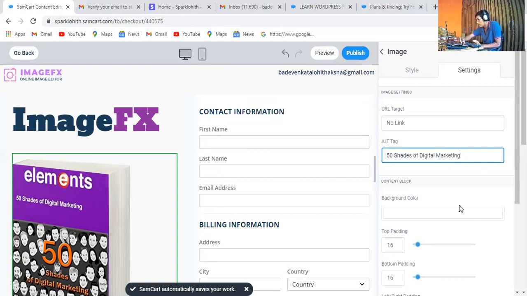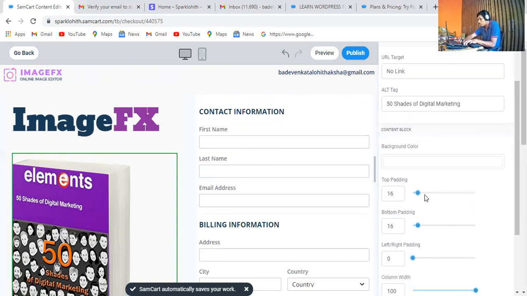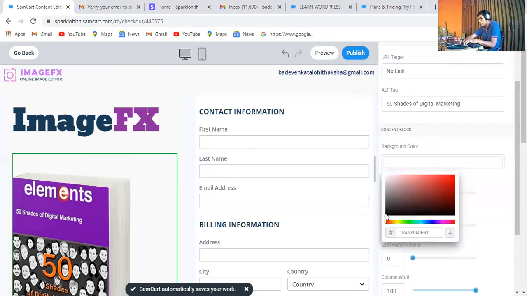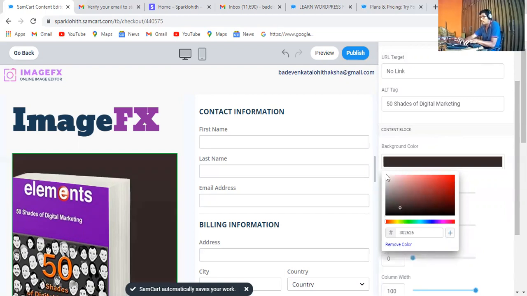And after that, if you want to, you can change the background color also. So let's see. Let's wait. I'm going to show you that. Let's see here, all of you. I'm going to show you. You can change the background also. So this was the sample that I'm showing you here.